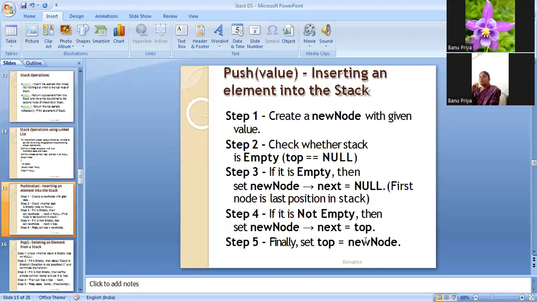So push value, inserting an element into a stack. For inserting an element into a stack, we have to create a new node. Next, we have to check whether the top is null. If it is null, it means we can insert. So the first inserted element,